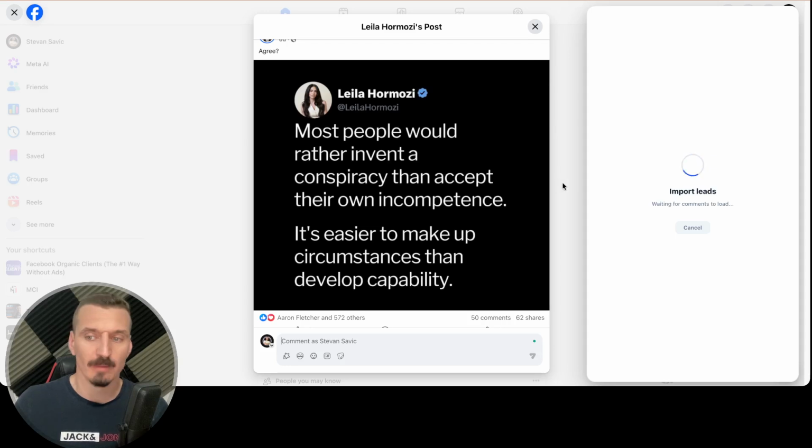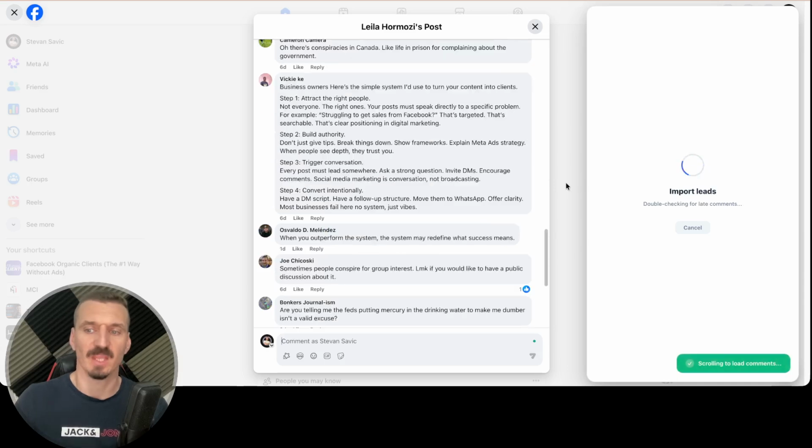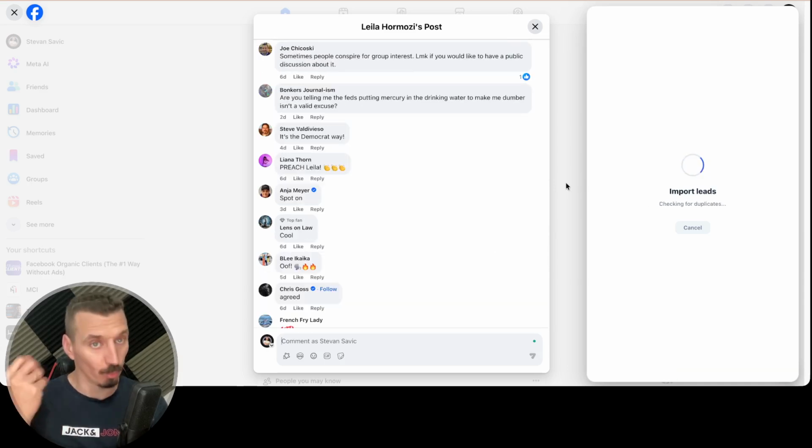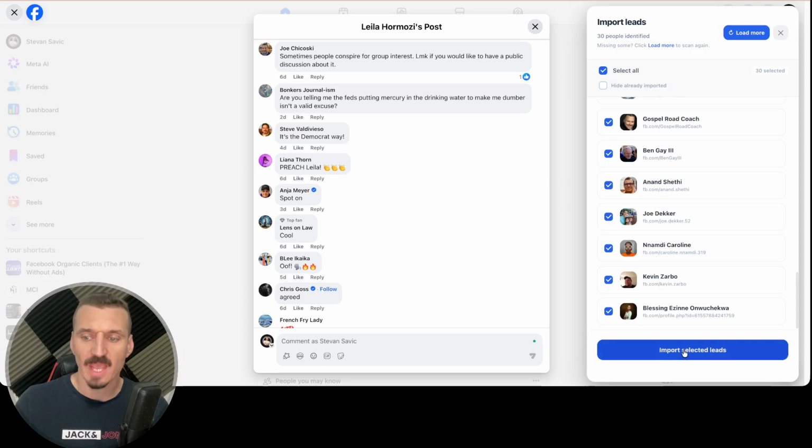It says opening post, waiting for comments, loading comments. It's going to load comments and scroll the post to find everybody. It will find and pull, more importantly, info about them. So you get their Facebook URL, you get the first and last name. You can deselect who you want. And it says you found this many people identified. If I hit now import selected leads, as you can see